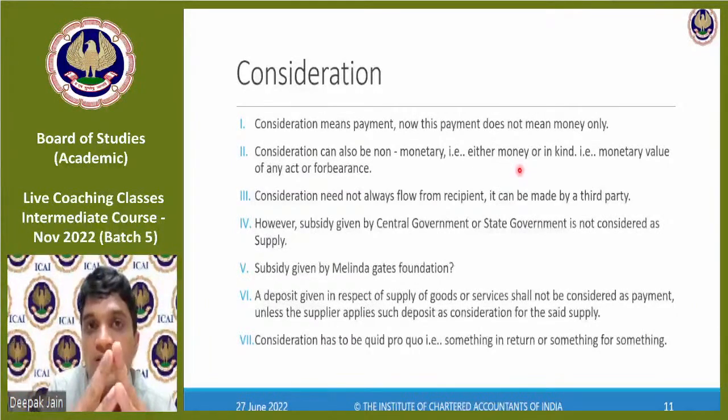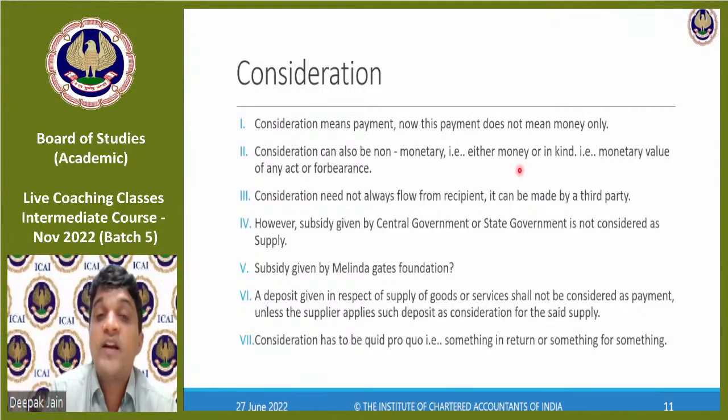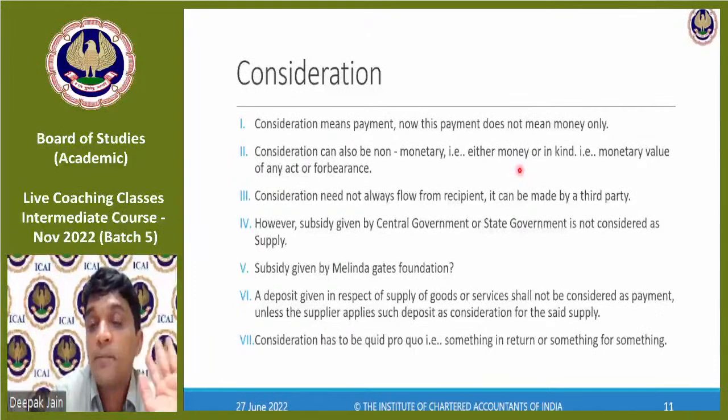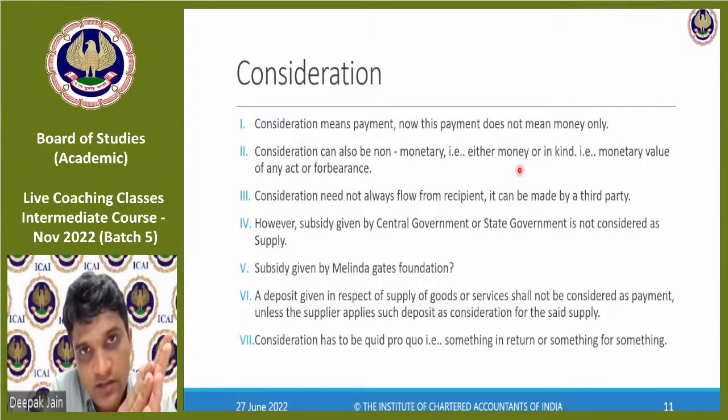Forbearance means what? If I agree that I will give you, or if I agree I will not give you, and you want that, forbearance means not doing anything. So if an employee leaves the organization and he says that he will sign a contract and he will not join any company in which the same business is done, that's an act of forbearance, for which if I pay him consideration, that is also a consideration.